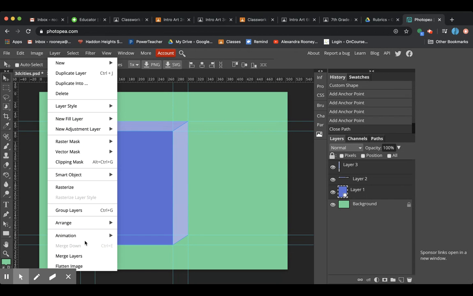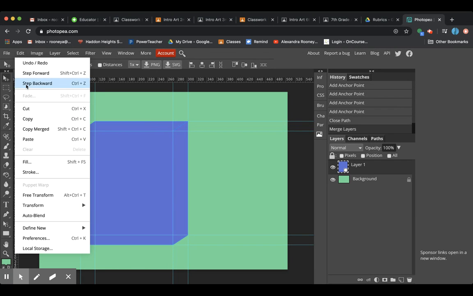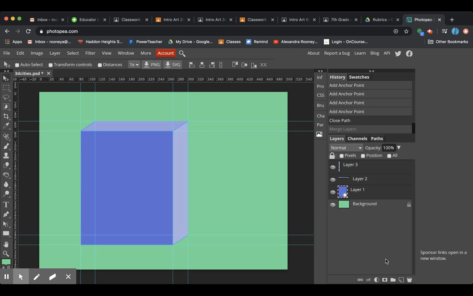If you come to Layer, you should be able to merge the layers together right here. It will make it one shape, so you don't necessarily have to do that. And if you make a mistake, it's the same as in Photoshop, just step backwards. If you want to put them in a group like in Photoshop,